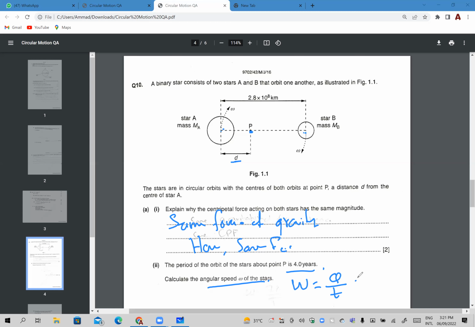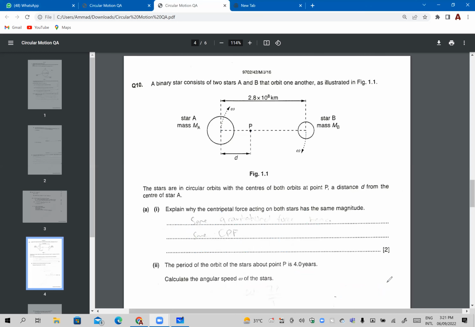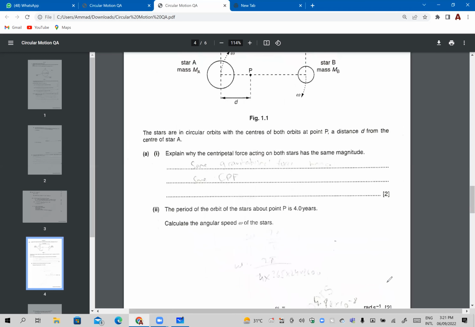theta over t. So वो 2 pi over 4, हमें seconds में convert करना पड़ेगा पहले years को, right? Definitely. अच्छा, इसको मैं क्लियर करके नीचे फिर से लिखता हूँ फॉर्मूला. आंसर तो ऑलरेडी यहाँ पे खैर. एनीवेज 2 pi over t हम कर लेते हैं फिर से. 2 pi as it is. Time, so